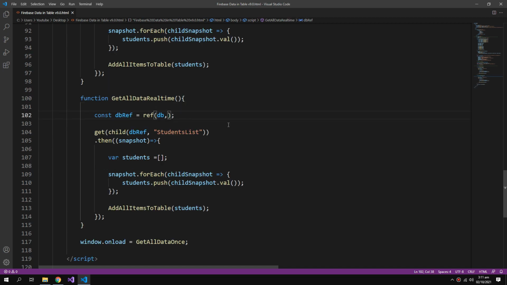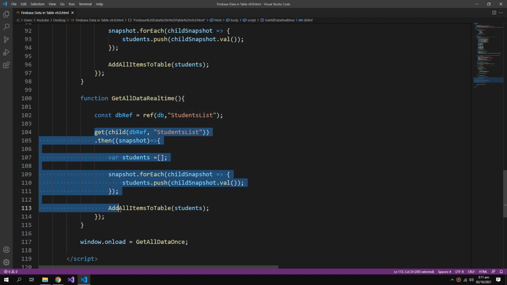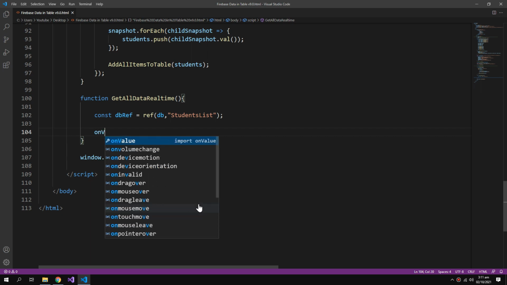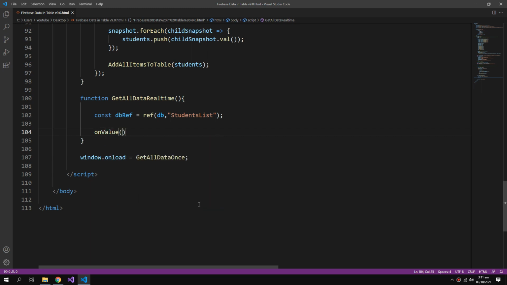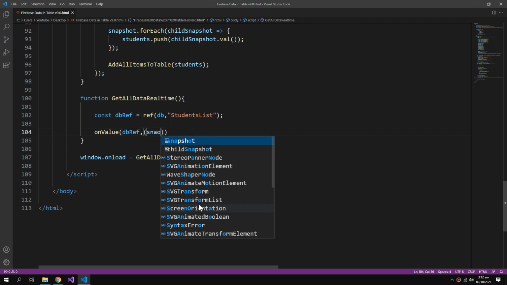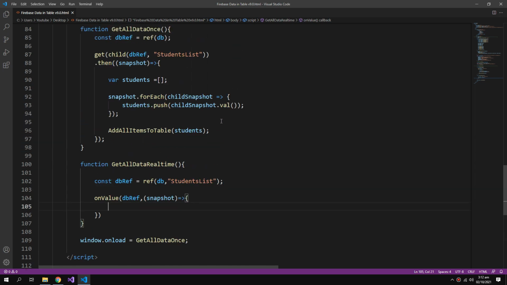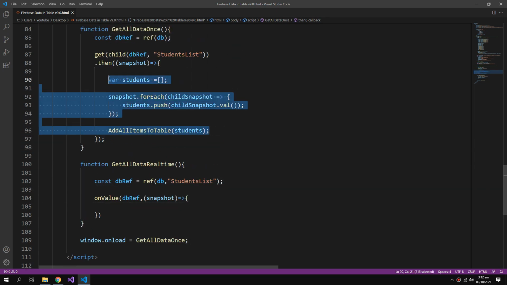For that, I will pass the folder's name into my reference, and I cannot use the get function. Instead of that, I will use the onValue function, and inside that I need to pass the db reference, and the second argument would be an arrow function with snapshot as the argument, and inside this all of the code will remain the same.